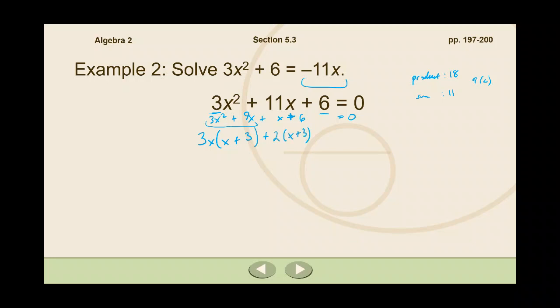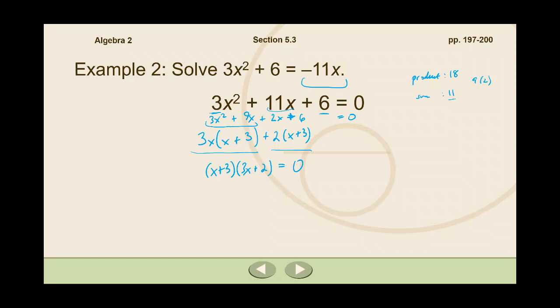There we have it. There should be a 2x there. 9x plus 2x, that was the 11x that we replaced there. Well, now we've got two terms in the expression. We've got this term and this term. Both of them, I can factor out that x plus 3. So I'll do that. X plus 3 times 3x plus 2